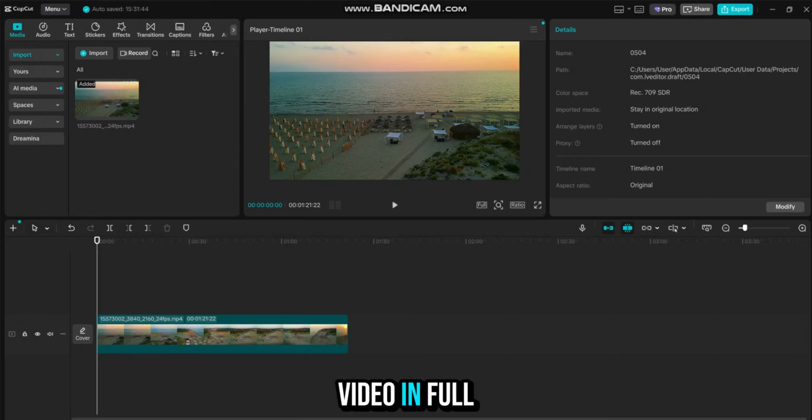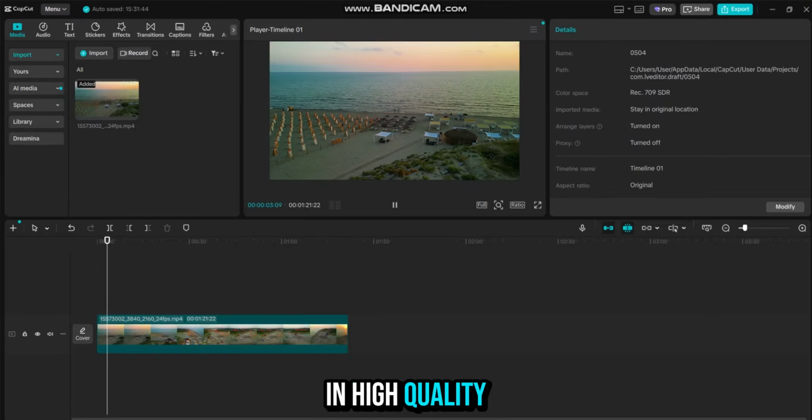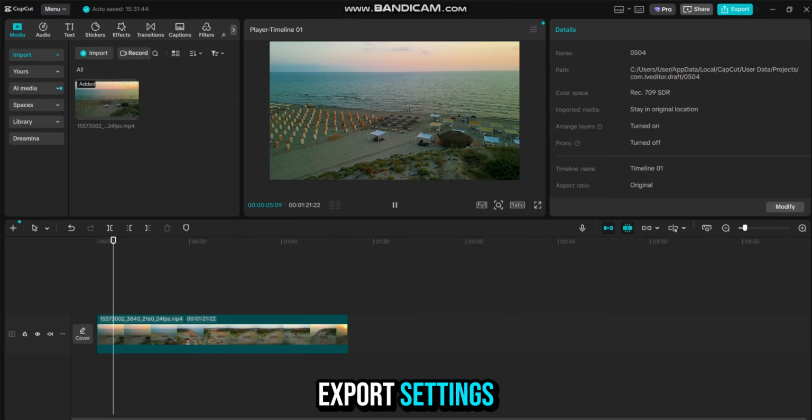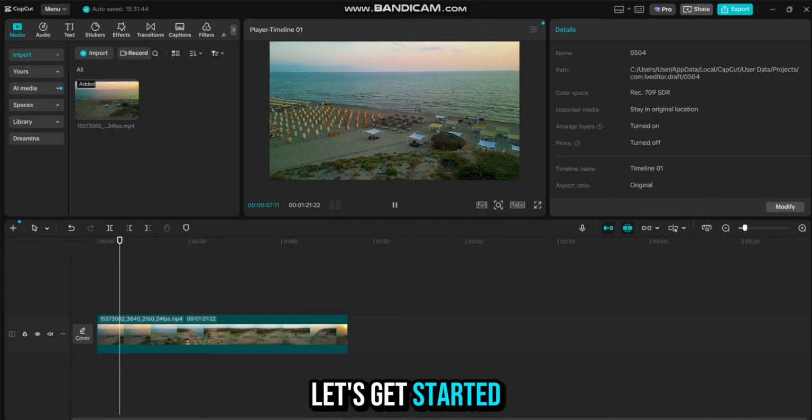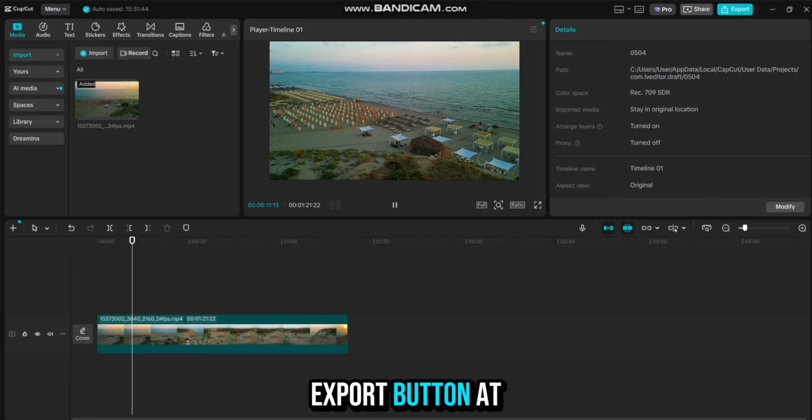Want to export your video in full 4K quality from CapCut? In this video, I'll show you the quickest way to render your project in high quality using the right export settings. Let's get started. Once you finish editing your project in CapCut, click on the Export button at the top